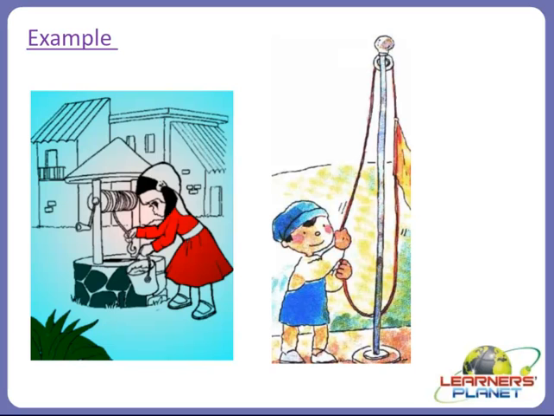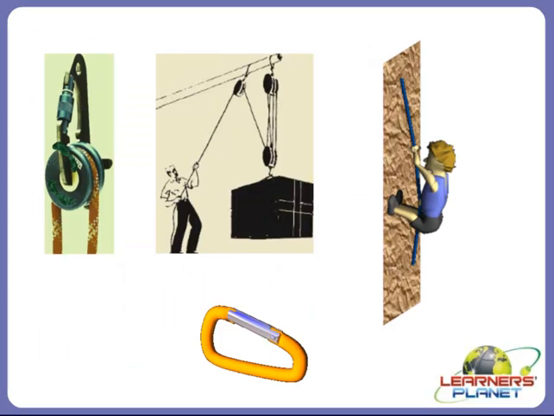In the second picture you can see here, this is a flagpole pulley. As we discussed, it helps in raising the flag. The other example is the rock climber pulley. It helps a person to climb the rock. So by using this we can climb the rock, right? So this is called a rock climber pulley, in which this type of object is used. Here the rope is passed through this rock climber pulley,